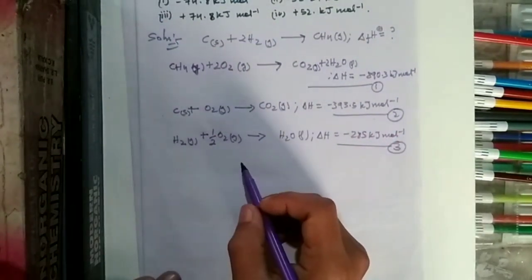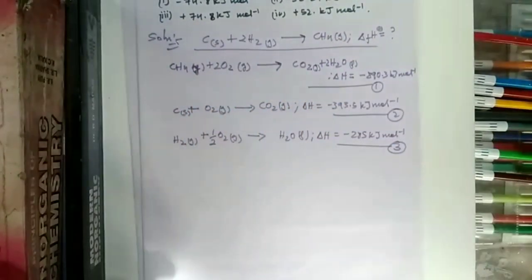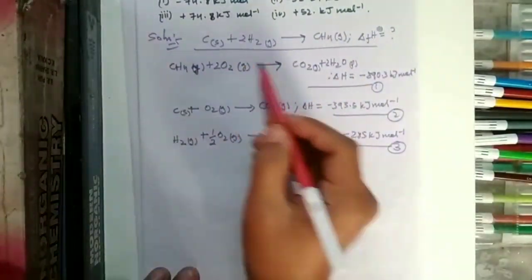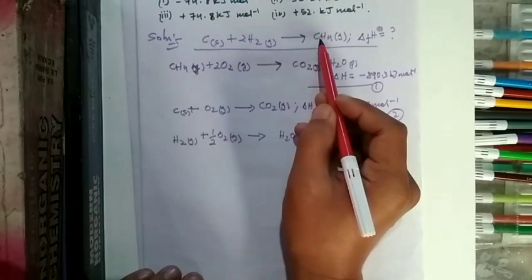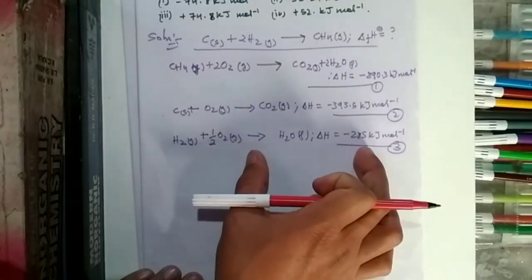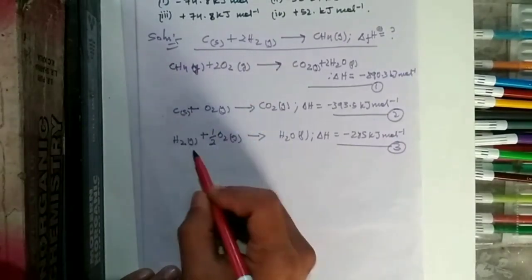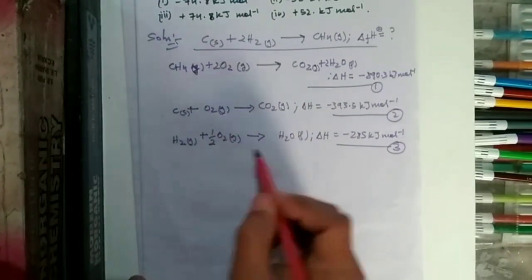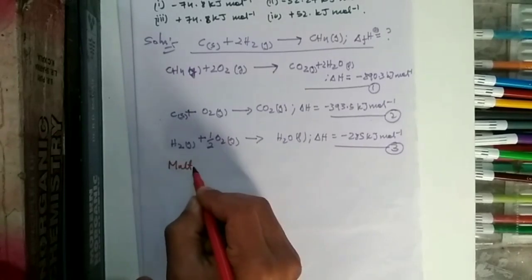Firstly, in the required reaction, what you will find is carbon and hydrogen giving CH4. If you look at equation 3, there is 1 mole of hydrogen here, but we need 2 moles, so we'll make it 2 moles by multiplying